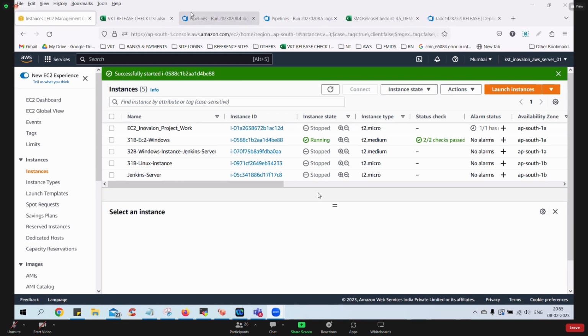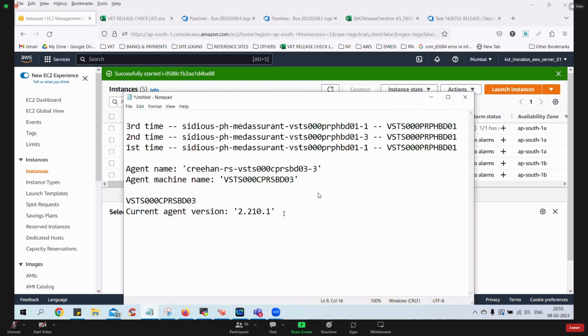Okay, so let me know, guys, what we have done in yesterday's session. In the last session, what did we do? So we were talking about the SonarQube, right? So I gave you the brief idea about what is a SonarQube, and then